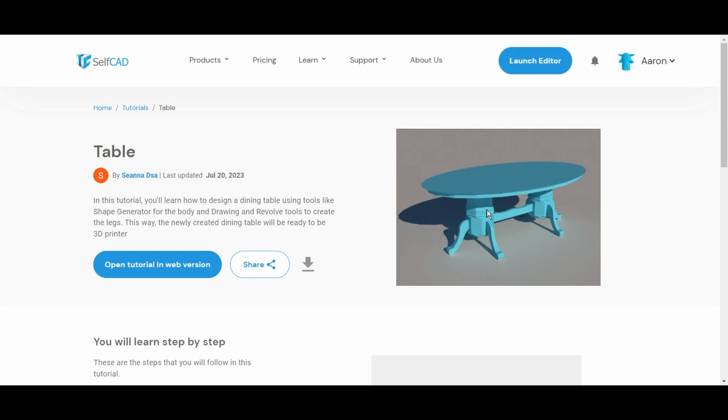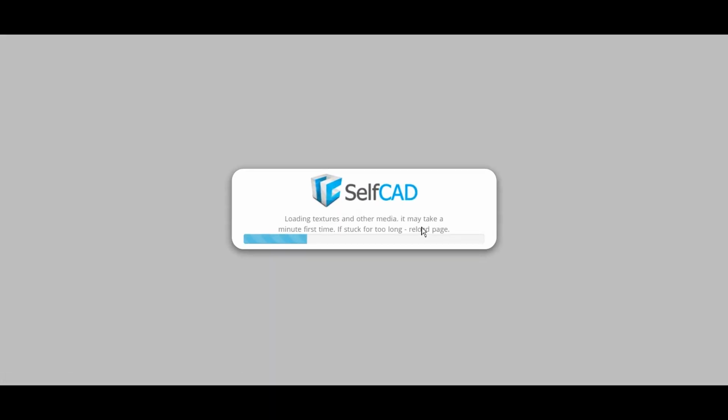In this video I'm going to review this table design. This is an incredible design. It's a complex-looking table, a nice design made with relative simplicity using SelfCAD's shape generator, Revolve tools and so on. Without further ado, let's get started and I'll explain the step-by-steps, and hopefully you will learn quite a lot